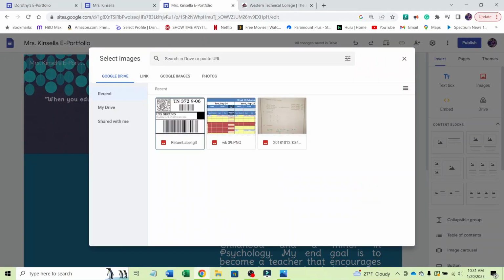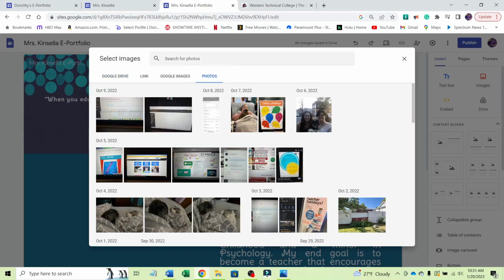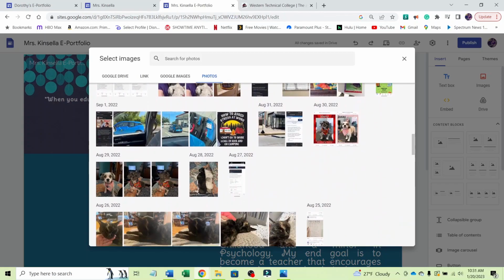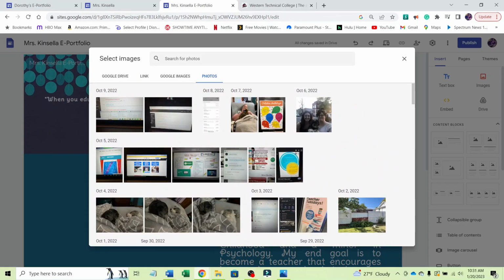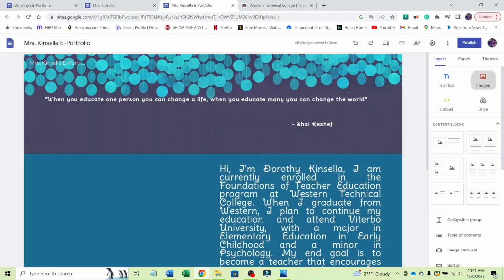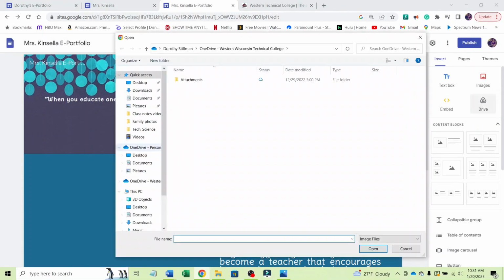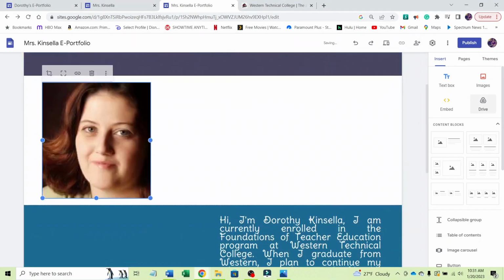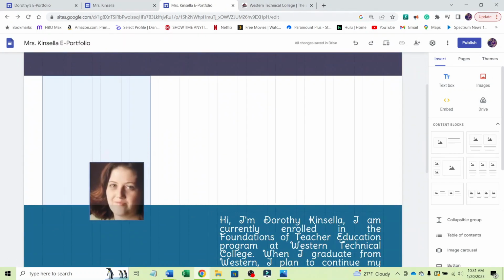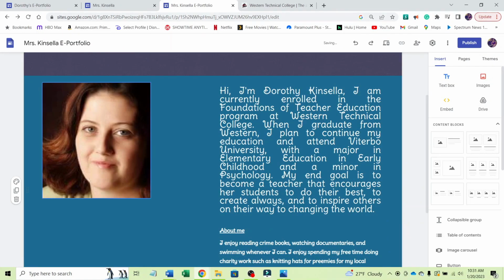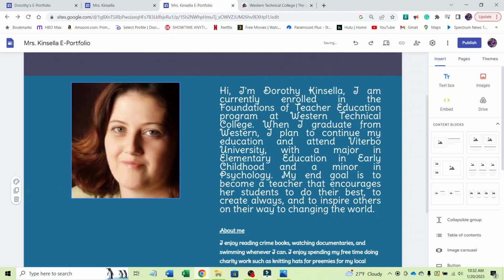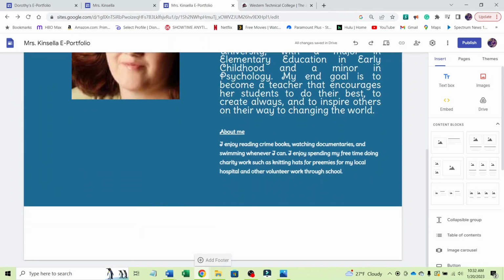Now I can go to photos. I can search images. I can go to my drive. Or whatever. So I'm actually going to upload one from my computer and click on this and move it down to that spot. See, I just dragged it, and then you can still center it more if you want. Then down at the bottom,